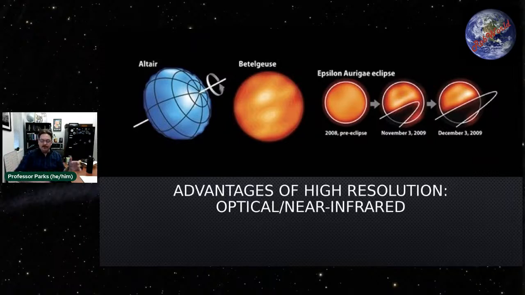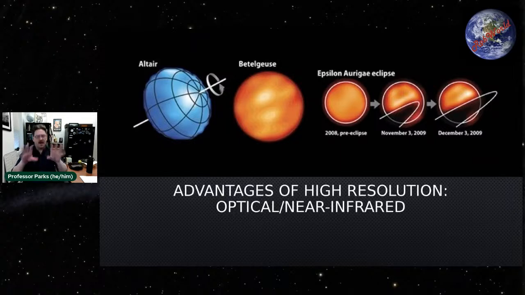So as I said in the beginning, if you were to use Keck, the Keck pair, each one is 10 meters in size. Those are the largest telescopes we've ever built, at least in the optical. Those would only be able to see a star as a point. They would not be able to see the surface of the star. In fact, aside from the sun, the only star that has ever been resolved in any way with a single telescope is Betelgeuse, which Hubble was able to see the surface of, kind of, sort of, because Betelgeuse is really close and really huge.